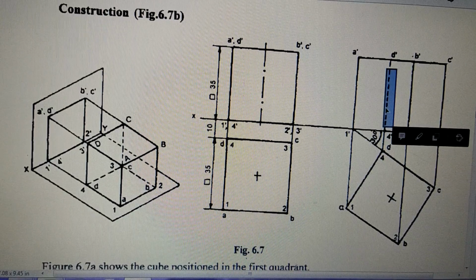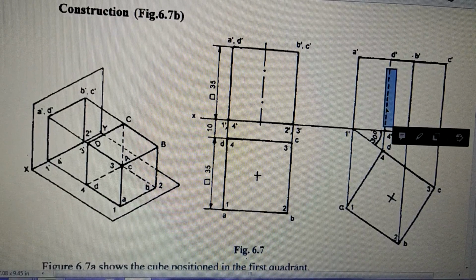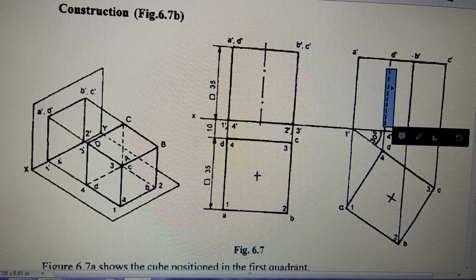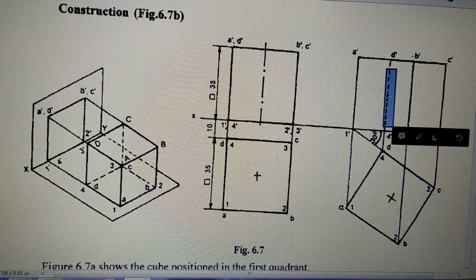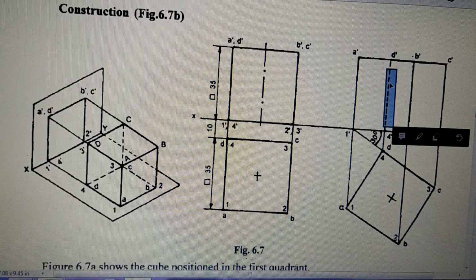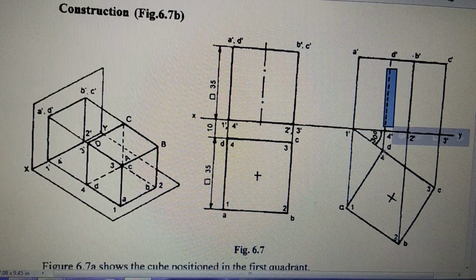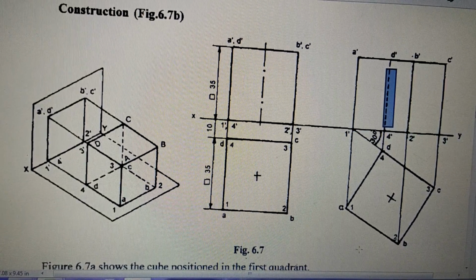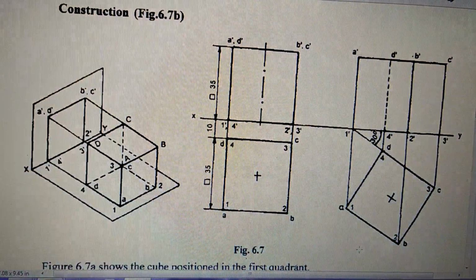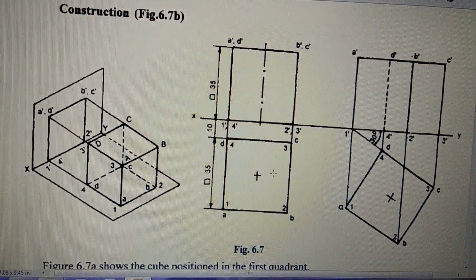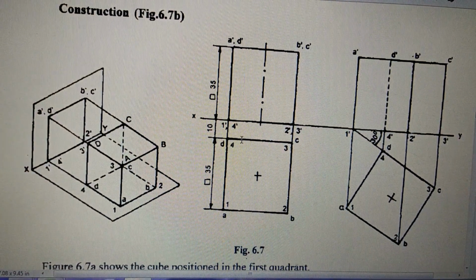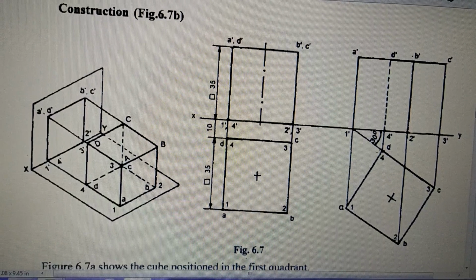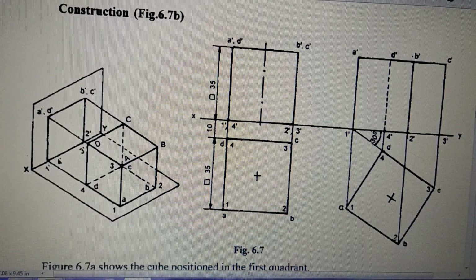We have written earlier the conventions of different types of lines. So a dotted line is shown like this. This is the representation of a dotted line for the edge which is not seen. Fine. So you have drawn the square prism or a cube when the surface is parallel to the VP and when the surface is inclined to the VP by 30 degrees.